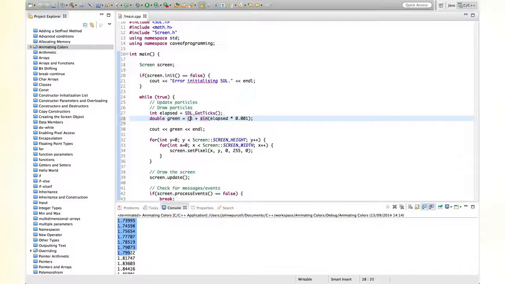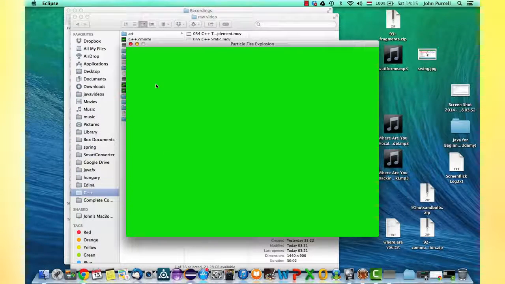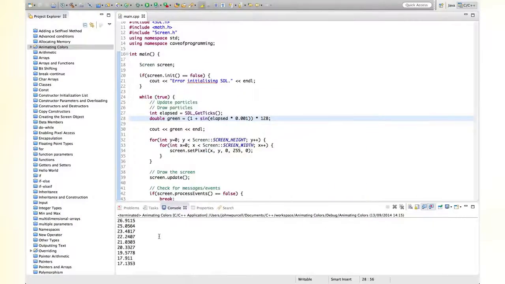Now if we take that and multiply it by half of the maximum value that we want it to reach, half of 255 would be 127.5, but let's maybe multiply it by 128 and see what that looks like. So if I run this, just leave it for a bit and then quit and take a look. So now hopefully the maximum value of this will be